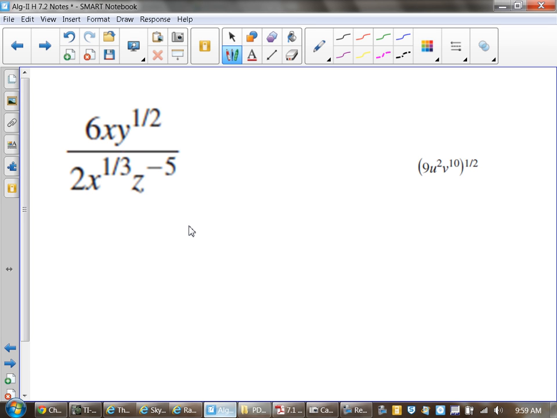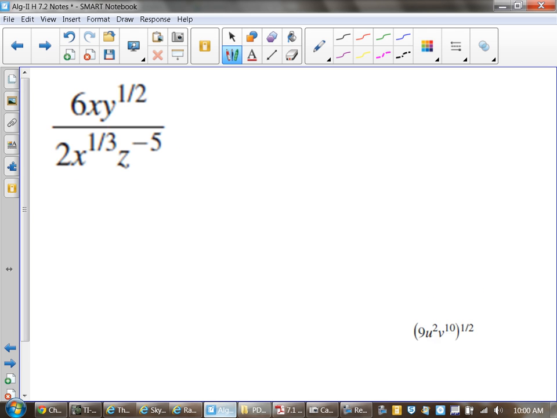And if you recall, every time we did one of these types of problems, the first thing I would always tell you guys to do was take care of your numbers first, then make all of your variables have positive exponents before you worry about anything. Okay? So in my first example, I have 6x y to the 1/2 divided by 2x to the 1/3 z to the negative 5. By taking care of my numbers first,